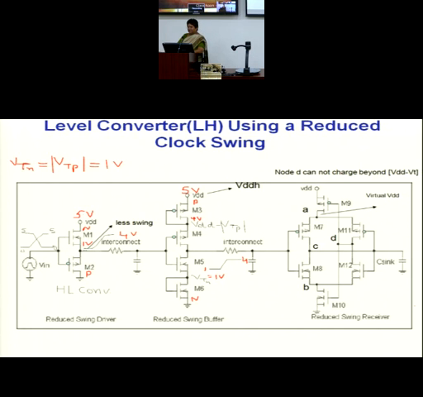Okay, and then at the end I have to get a low to high converter. Again, design one low to high converter. So either you choose the one that we have designed using multiple supply voltages, or do it by using the reduced swing approach. The design is shown over here. You can find various other designs in literature also. You take it as a home assignment: design a low to high converter on your own using the reduced swing approach.